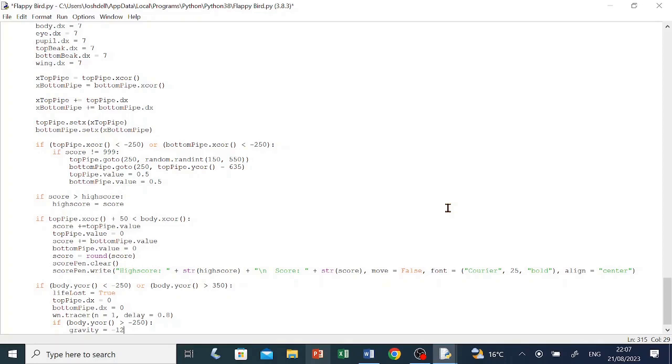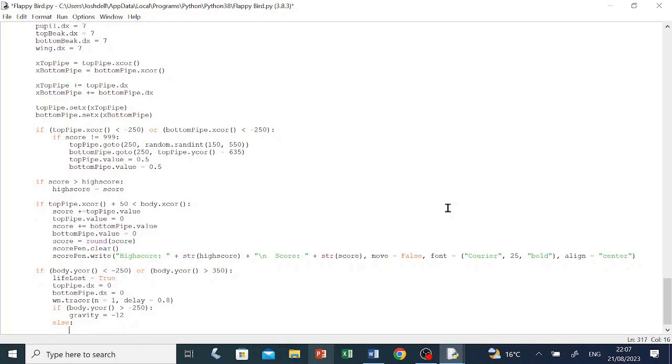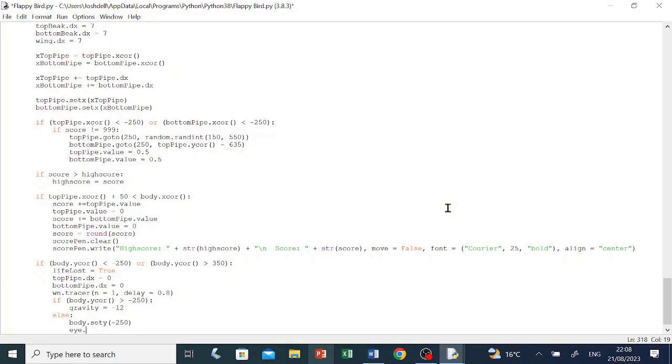So the gravity is too high that we can't even jump high enough, and it's going to pull us all the way down to the ground. Enter, backspace, else, colon enter,